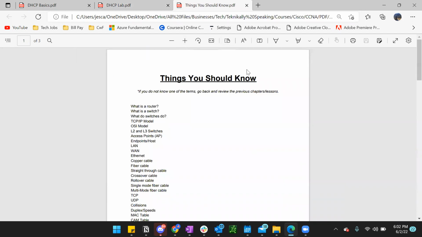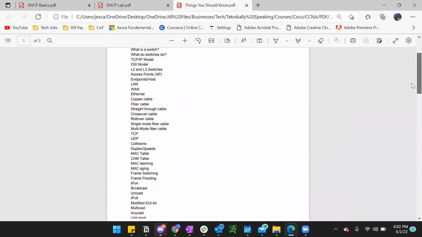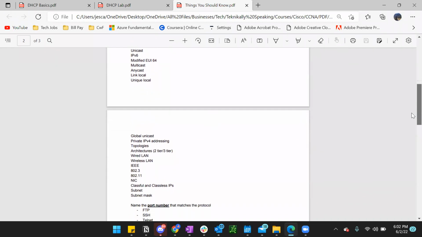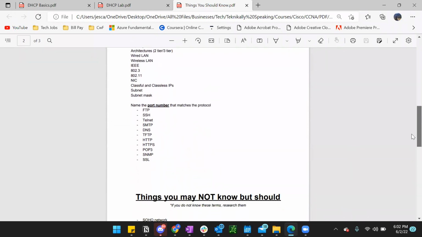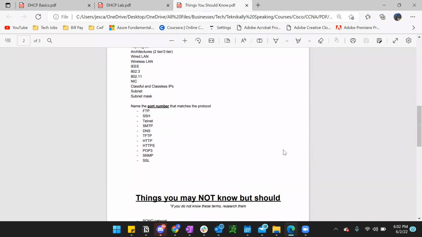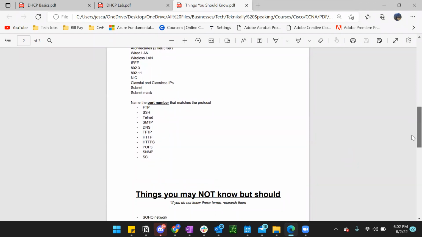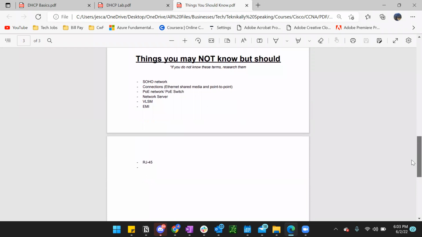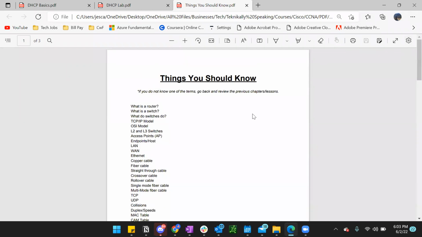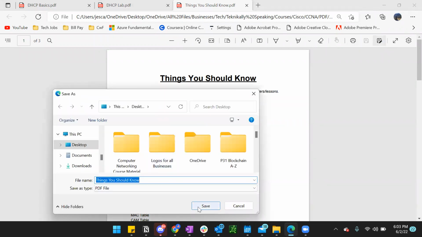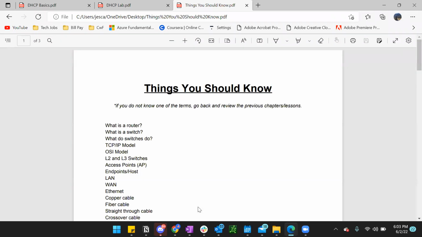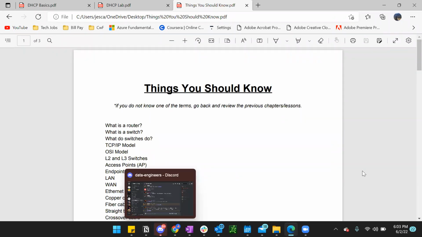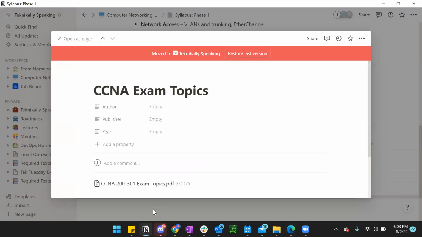I do have this here. What is this? Things you should know. If you do not know these, go back and review, period. Let's see. What is a router? This is good. We're not there yet with this, so I may give this to you guys. Actually, you should know these things. I'm probably gonna save this so you guys can review this. I'm probably gonna put it in the Discord. But anyway, regardless, do your labs